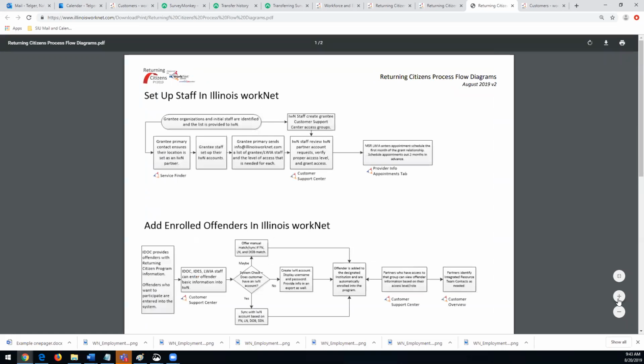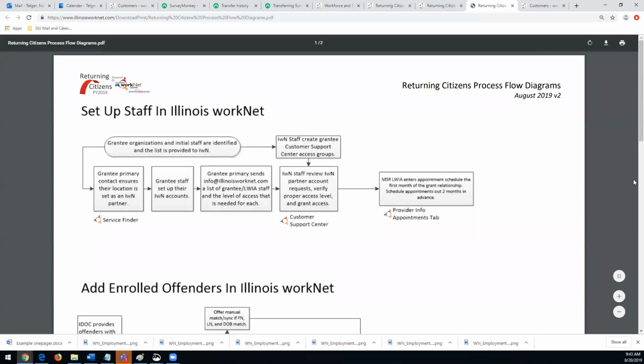Let me zoom in here a little bit. So the very first thing is to set up the staff. So we already have groups of